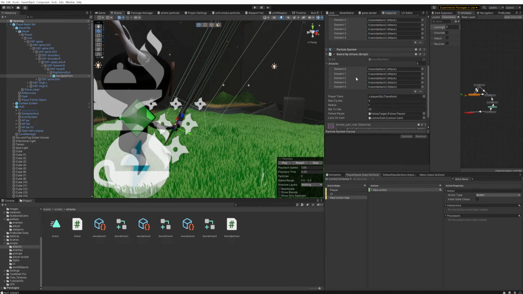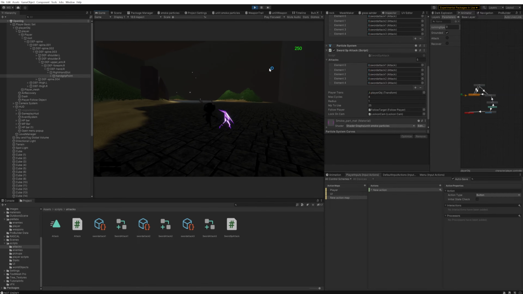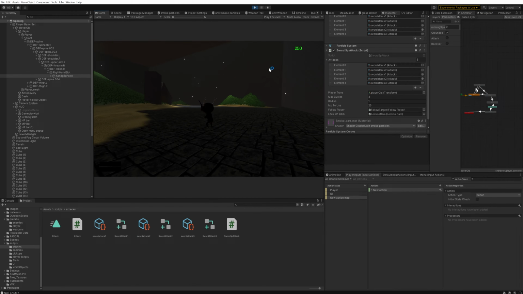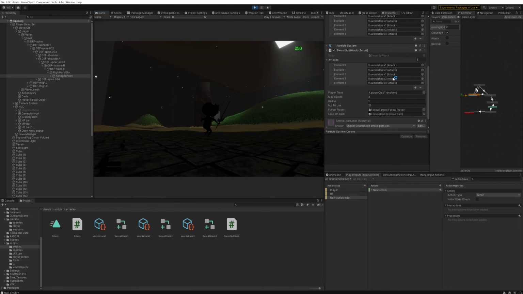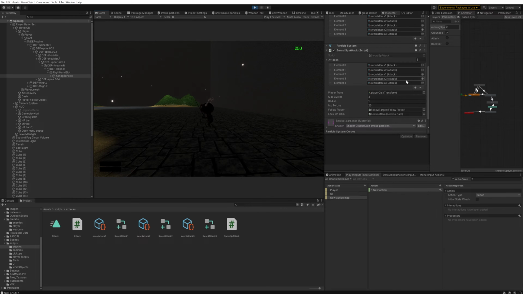As you can see, my combo consists of sword attack 1, 2, then 1 again, then 2 again, and then 3. So this is my entire combo. In terms of gameplay, that looks like 1, 2, 1, 2, 3. And if I want to change that, it's as easy as just changing around some of these assets, maybe adding a couple of slots, taking a couple of slots away, and it's very easy to change and iterate, even during